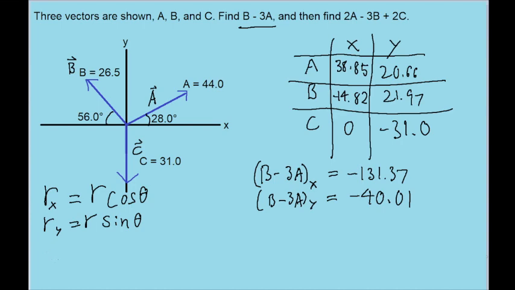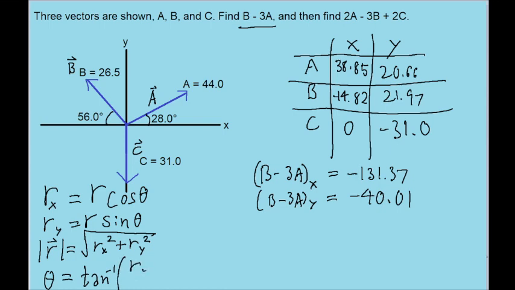There are two more equations I want to write out in this little space here that we're going to use for the next few calculations. First of all, the magnitude of a vector is solved like the Pythagorean theorem, where we take the square root of the sum of the squares of both components. The angle that the vector is at is equal to the arctangent of the y component divided by the x component. Using these formulas on the two numbers we've just found, we find that the magnitude of this is equal